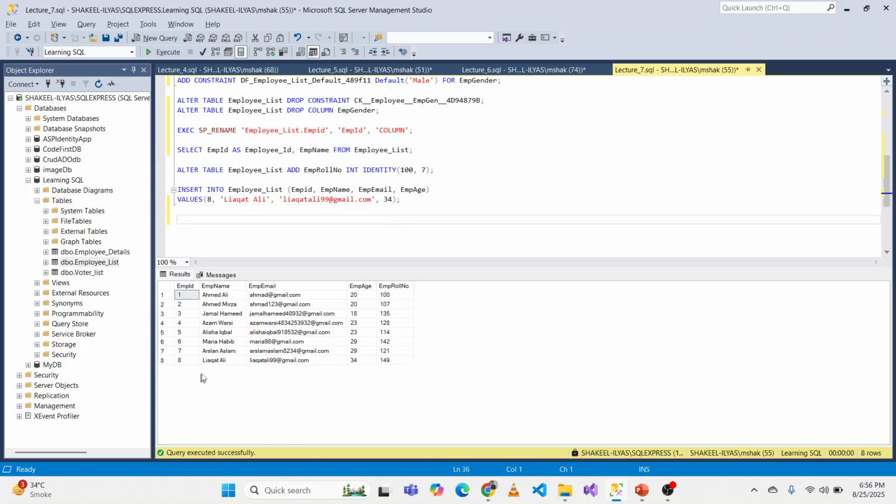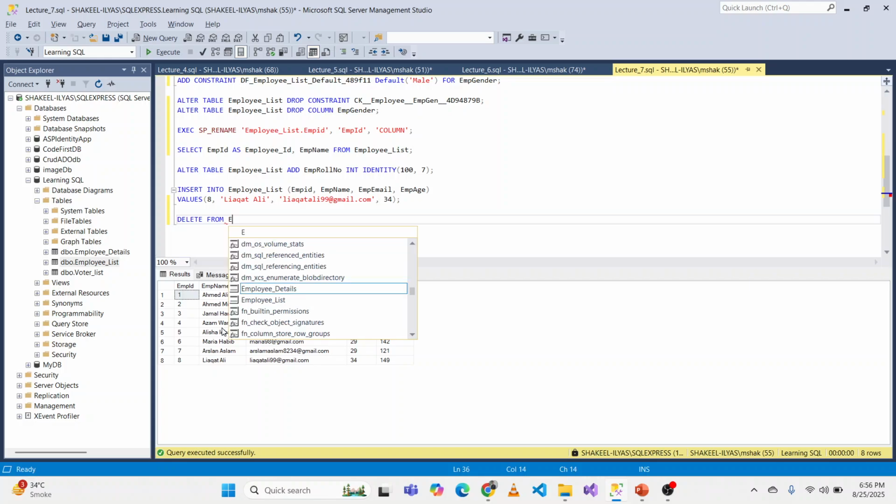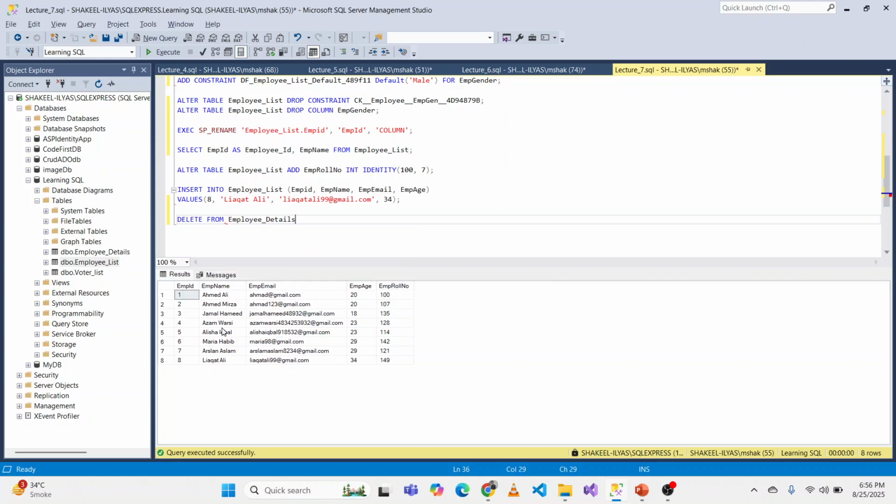I want to delete this record, Azam Varsi. Let me show you by running the delete command, from the table named employee list, I think. Yes. So delete from employee list